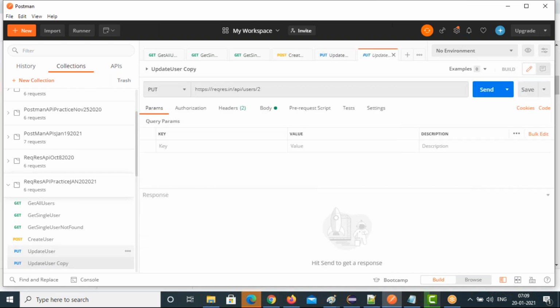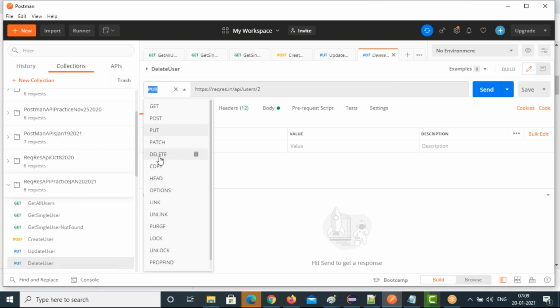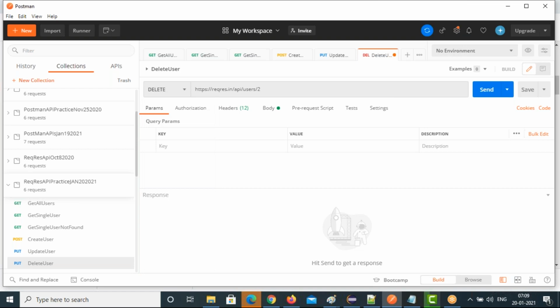So these are all the requests you execute so that you will get a better idea. Rename it to delete user. Select the method also, delete. Body nothing. You don't need to provide any body.